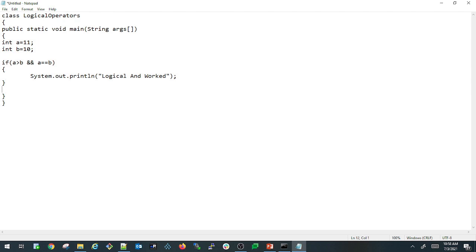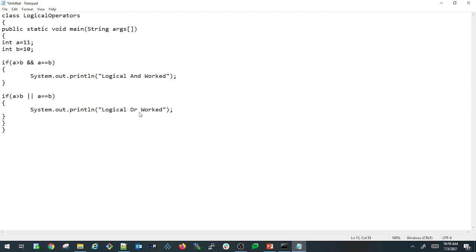I'm also writing one more if condition here. If a greater than b or a equals b, then print the statement logical or worked.